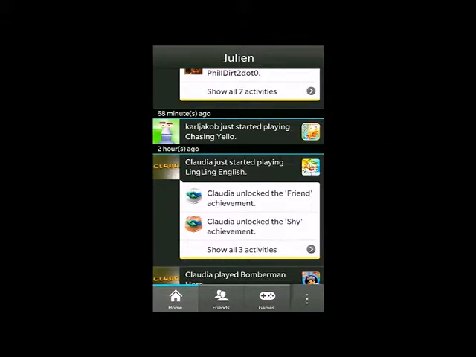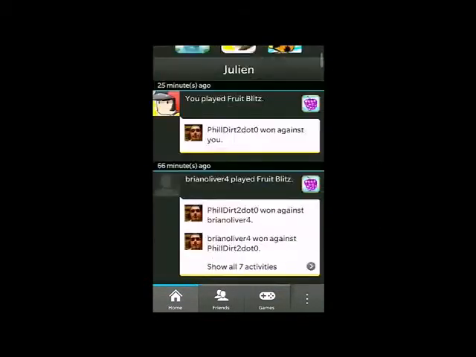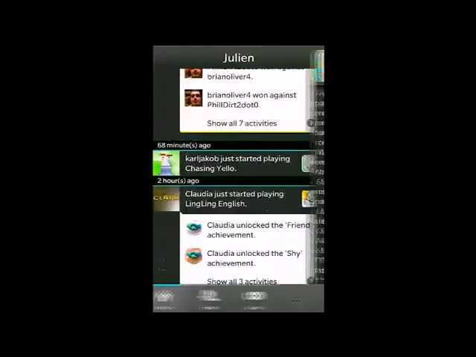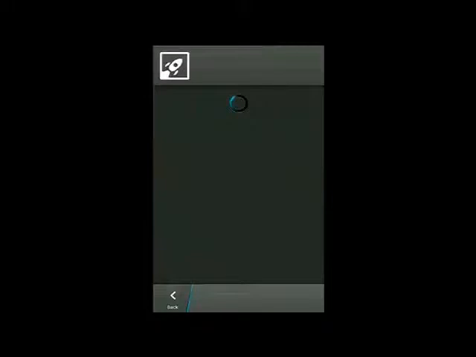That's the way it works, basically. You just have to look at the news feed. You select a news item. You say, oh, let's look at what Carl is playing. All you do is tap on that icon. Here I can play the game because I already have it. But if I didn't have that game, I would get a link to AppWorld straight ahead.